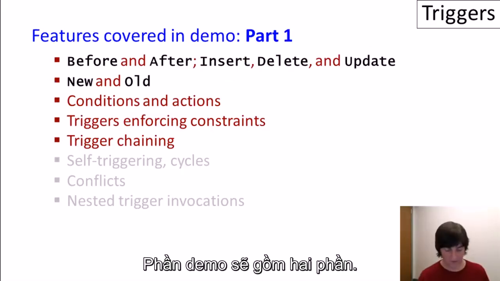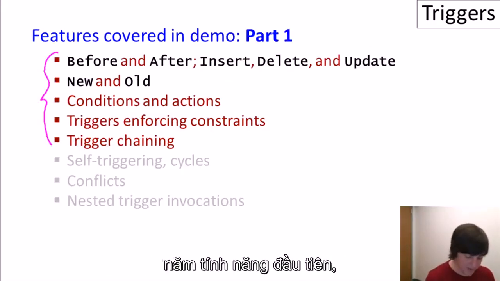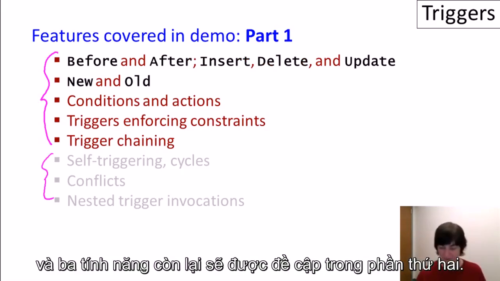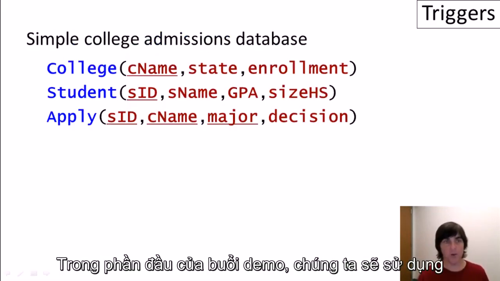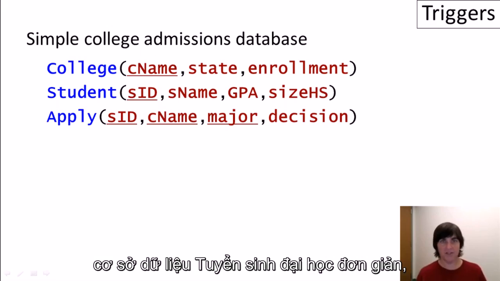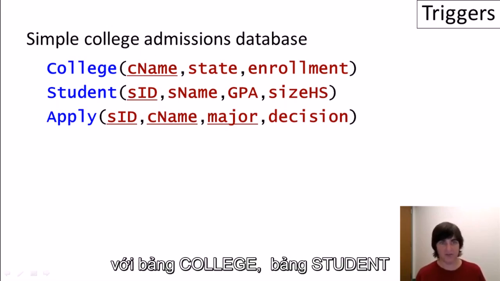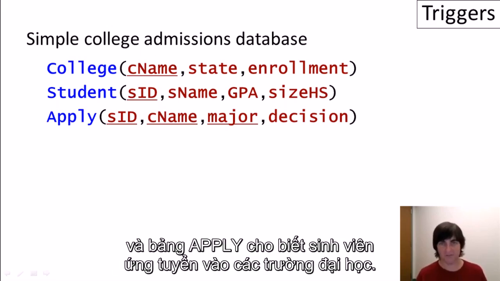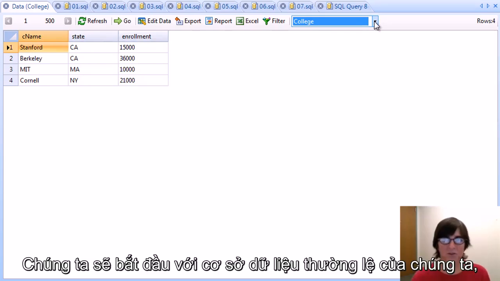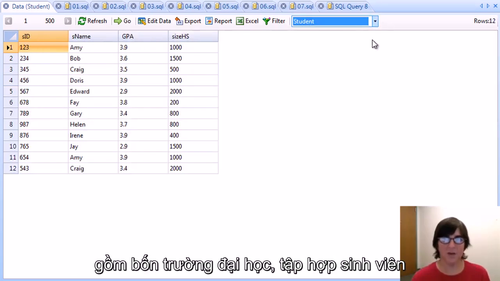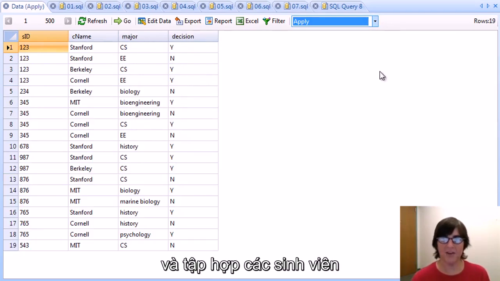The demo is in two parts. In this part of the demo, we'll be covering the first 5 features. The other 3 will be covered in the second part. In the first part of the demo, we'll be using our usual simple college admissions database with the college table, student table, and students applying to colleges. We'll be starting with our usual database, our 4 colleges, our set of students, and our set of tuples of